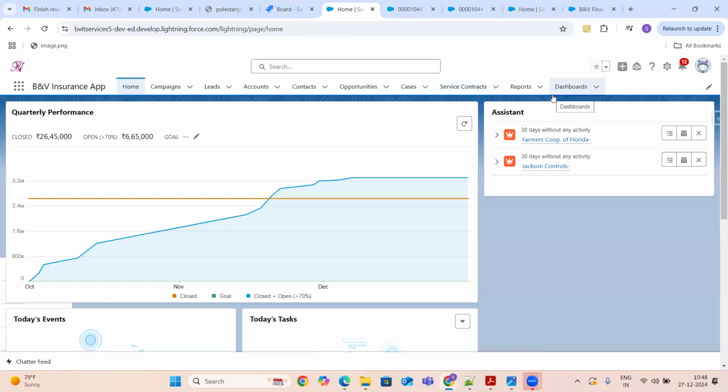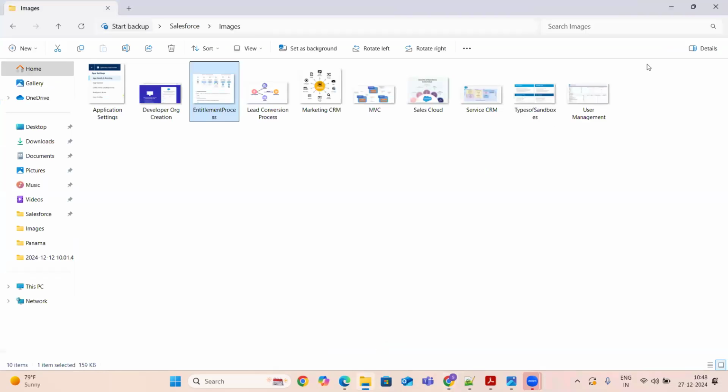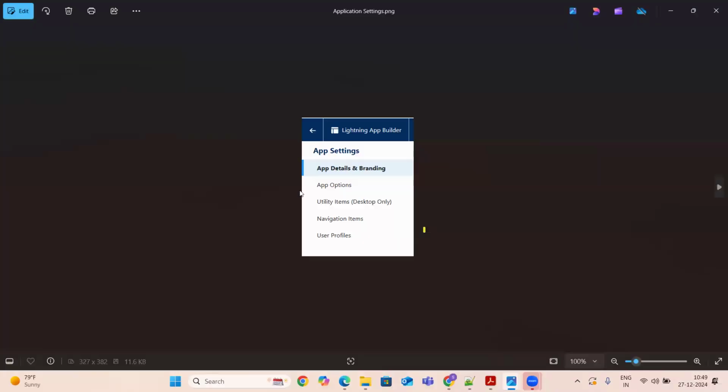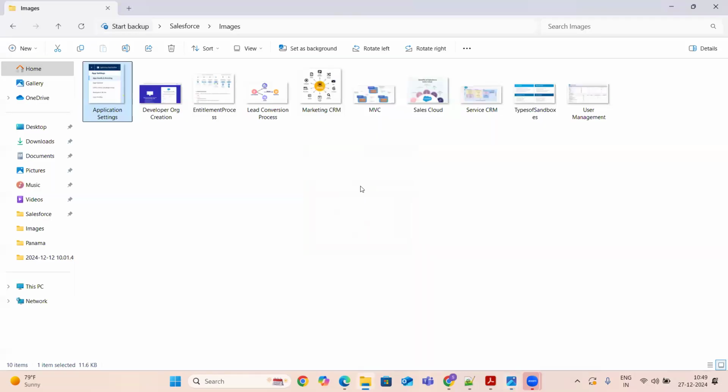When you are configuring the application, right? Under the navigation items, not the navigation items. Not the navigation items, guys. Under the app options, you are able to see the 3 checkboxes.